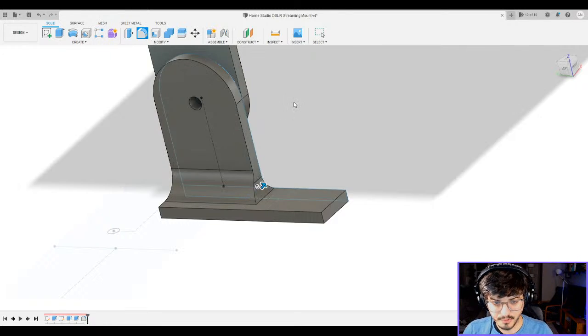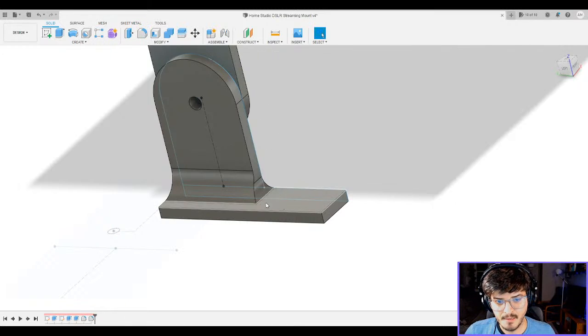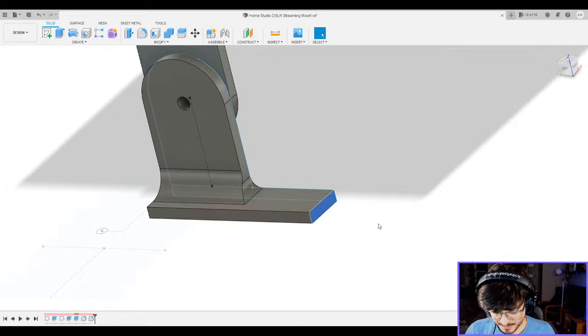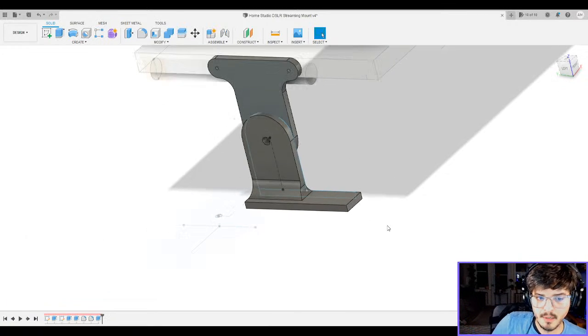I'm going to do it 0.25. It might be snug to it, so I might bump this just another 0.25 to be safe. Yeah. All right.